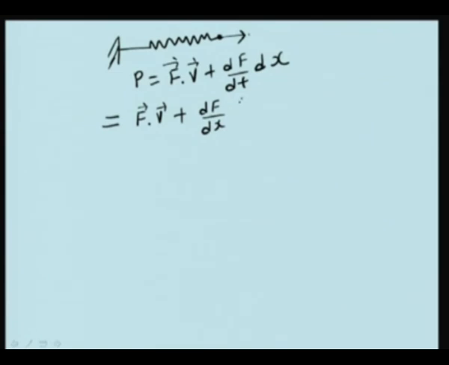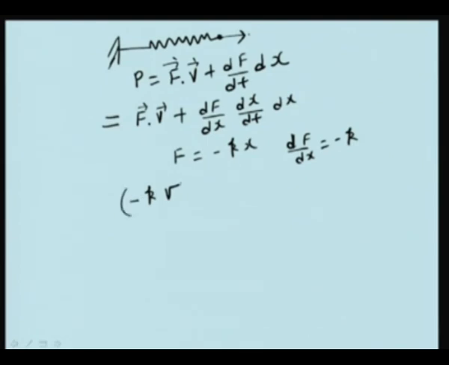This can be written as dF by dx times dx by dt, where F is equal to minus kx. Therefore, dF by dx is equal to minus k. Therefore, the second term can be written as minus k dx by dt, that is minus kV dx. So, therefore, the expression for power is in this